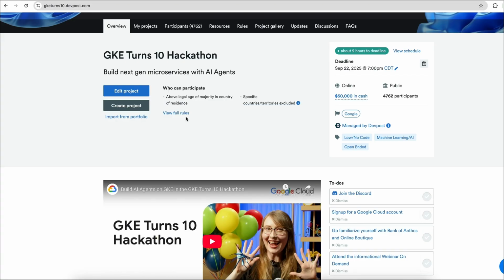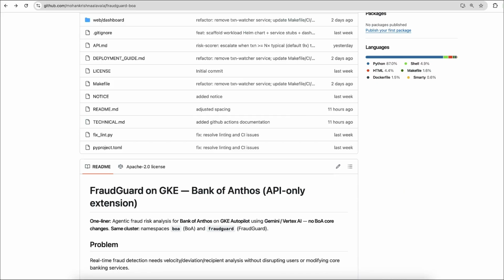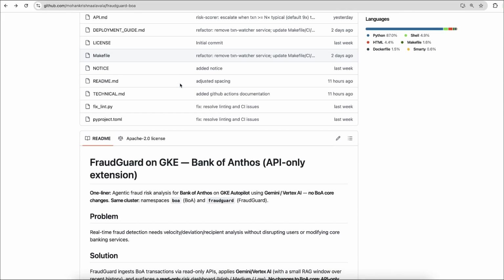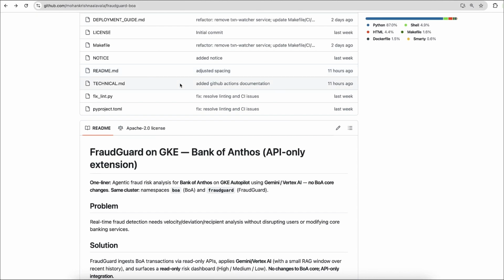As part of this hackathon, I built the FraudGuard application, which is a fraud transaction detection system for the Bank of Anthos, without changing the bank app. Fraud checks are often slow or black box. FraudGuard watches new payments, scores the analysis, explains the risk behind each transaction, and takes a safe action like notify